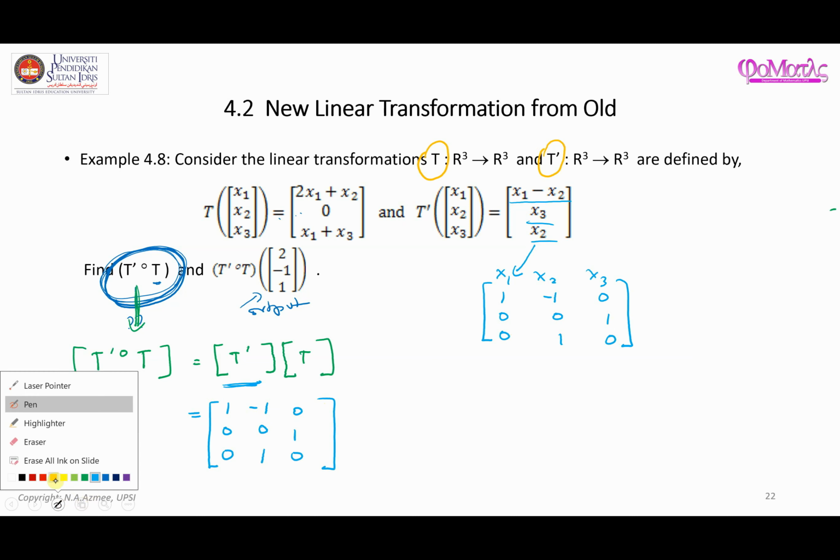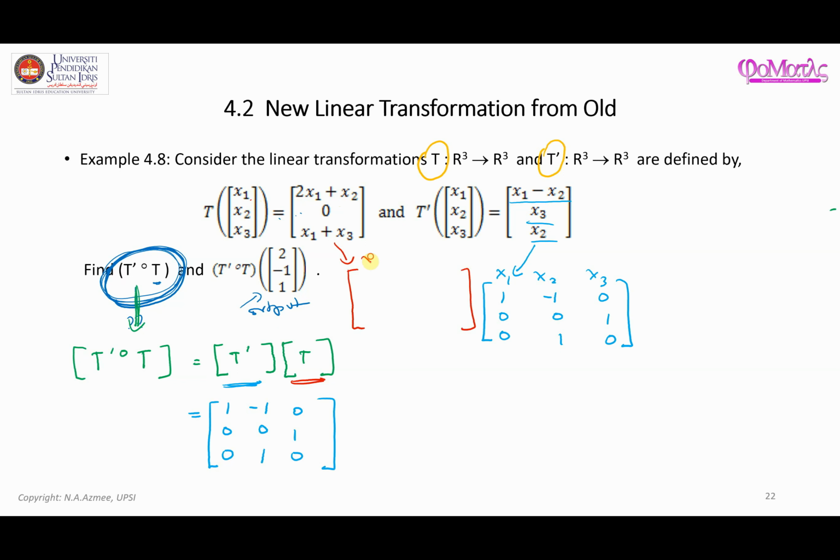Now for t, this is what you're looking for. Again, we have x1, x2, x3. So you know that you're going to have x1, x2, and x3. For the first line, it will be 2, 1, 0. Second line will be all 0. And third line will be 1, 0, 1. Okay. And I'm just going to put it right next to it: 2, 0, 1, 1, 0, 0, 0, 0, 1. So that one, if you multiply these two matrices together,